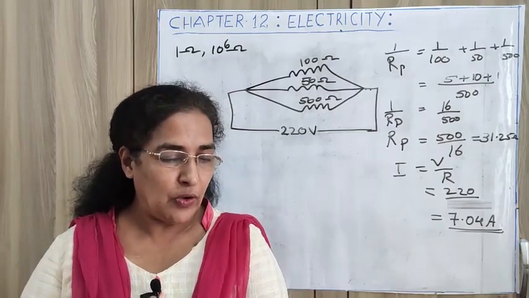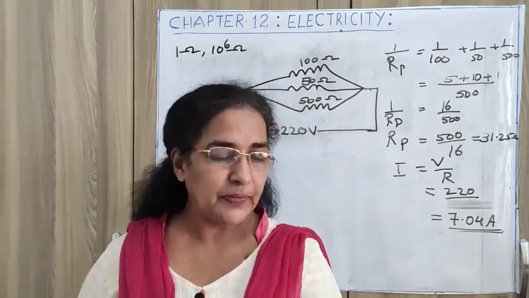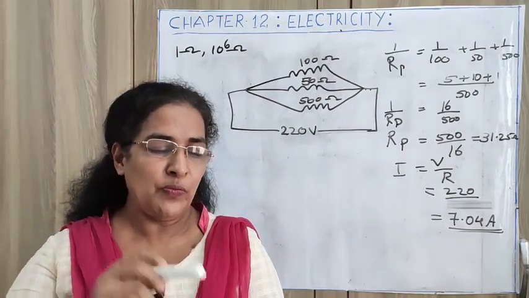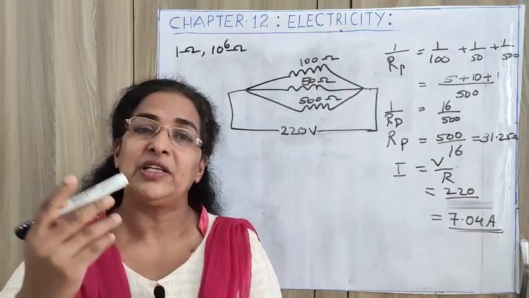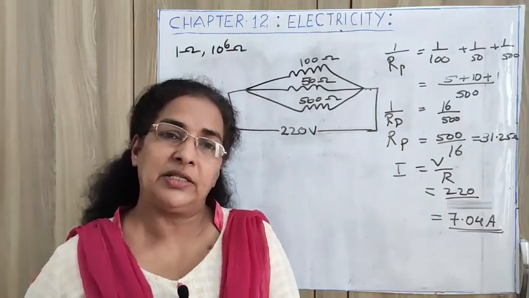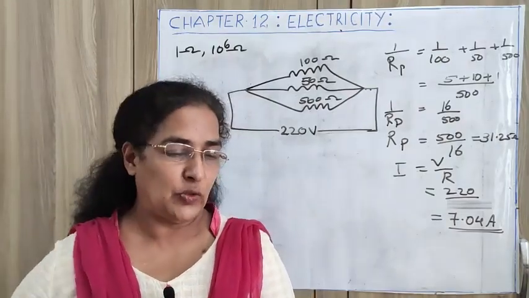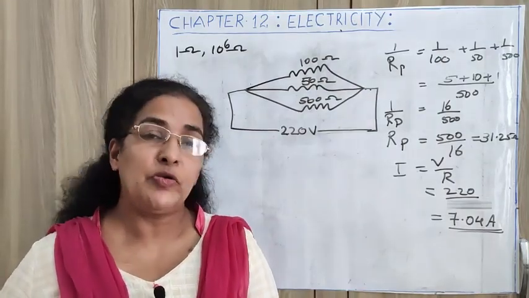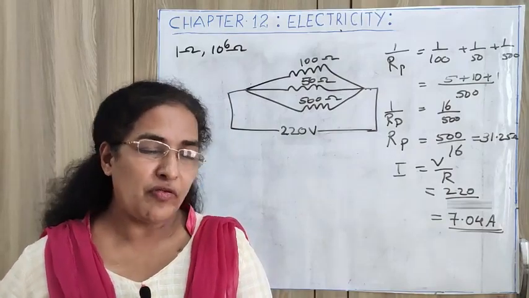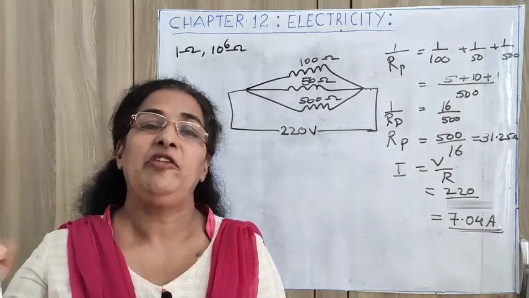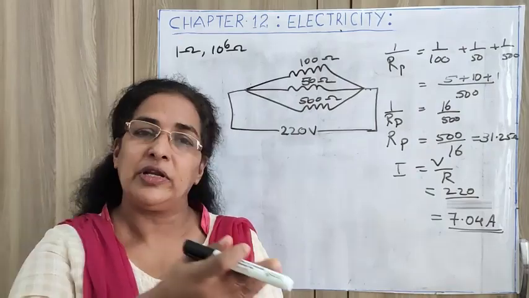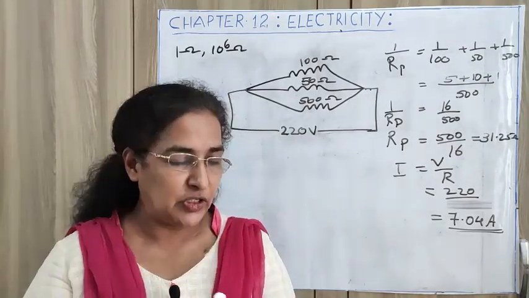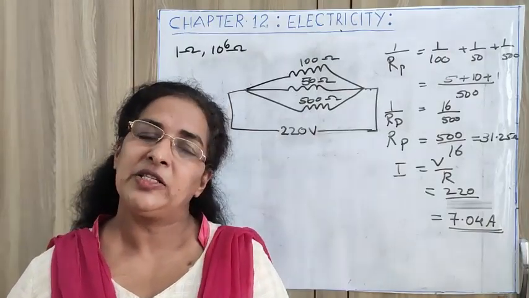Okay. Now come to the fourth question. How can three resistors of resistance 2 ohm, 3 ohm and 6 ohm, three resistors are there and their resistances are 2 ohm, 3 ohm and 6 ohm, be connected to give a total resistance of, first one, 4 ohm? We need 4 ohm from these three resistors, 2 ohm, 3 ohm and 6 ohm. You connect somehow, the effective resistance should be 4 ohm. And the second part is 1 ohm.